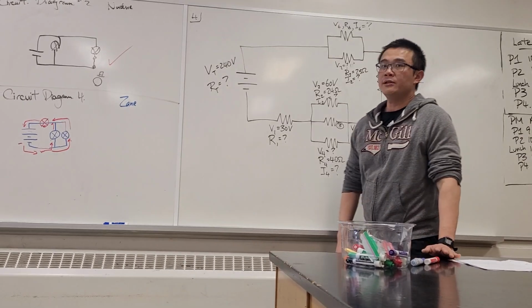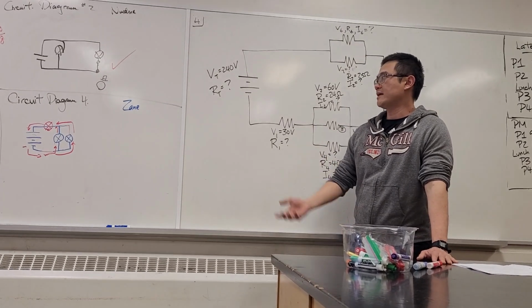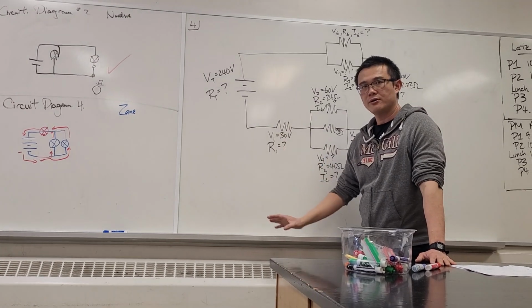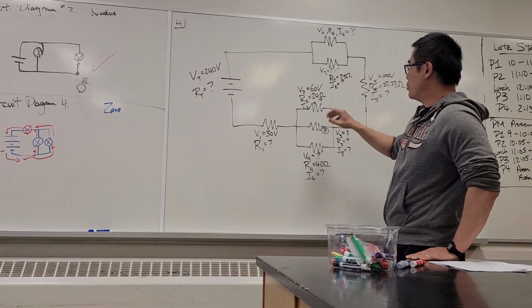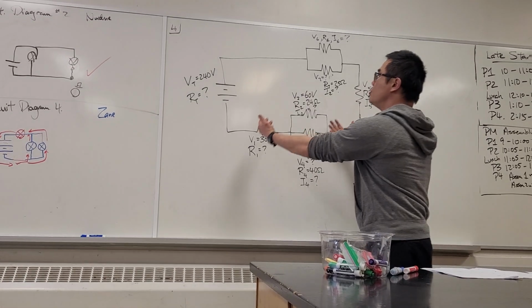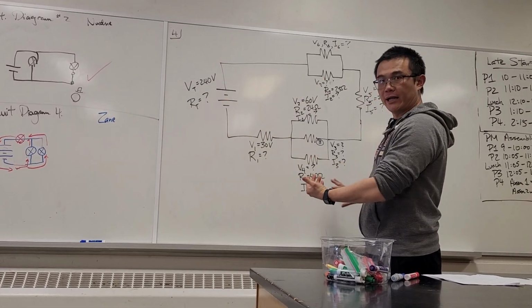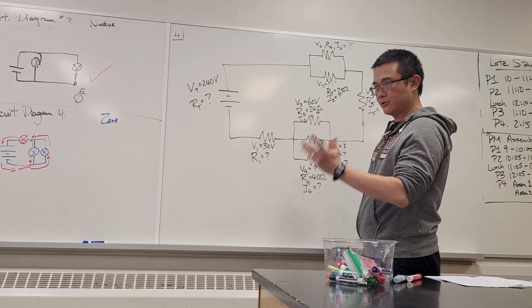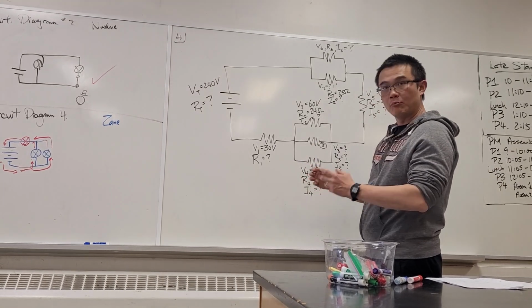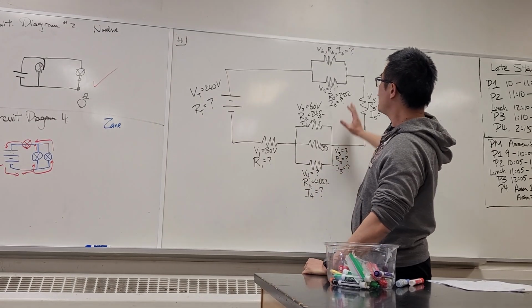So this question is a combination circuit question. Now, just like what I said in class before, in a combination circuit, because you have both parallel and series circuit, you want to take a step back, look at the biggest circuit, and see what you should consider the major circuit and what are the smaller circuits you want to look at. So in this case, if you take a look,